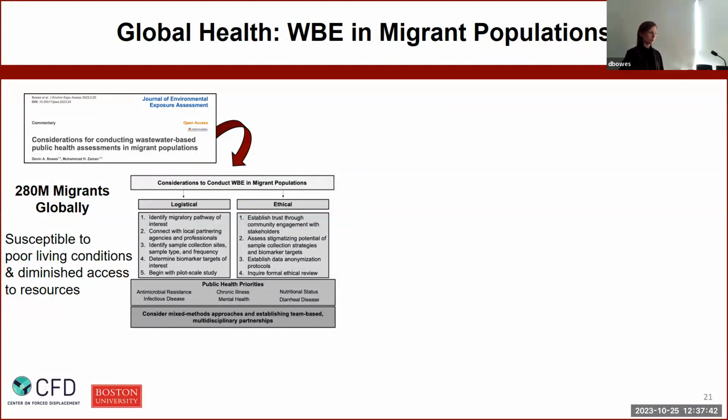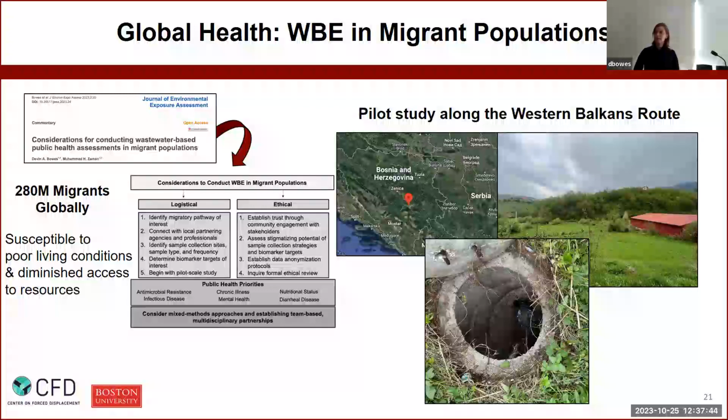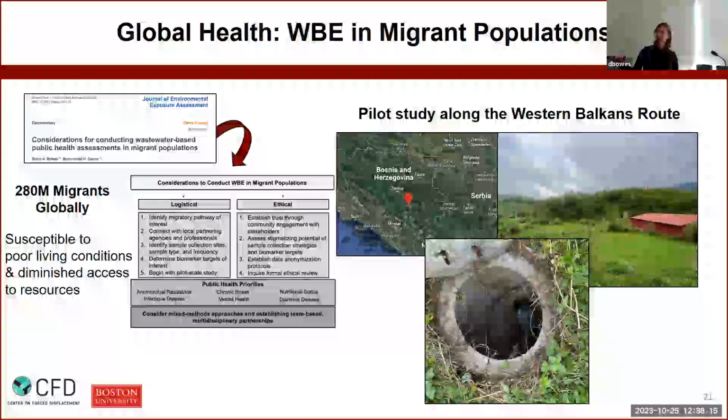So earlier this year, I found myself walking around the rural areas of Bosnia, which was amazing, but I was also laughing to myself, like, where am I? Just walking around this area, right next to a reception center, nearby to a camp, looking for manholes. Walking around with the water utilities there and popping them open wherever we saw them. They had plans so we could tell where the sewage was potentially coming from, to determine if we can capture an isolated signal from the community. So we did, as you can see, identify a couple.